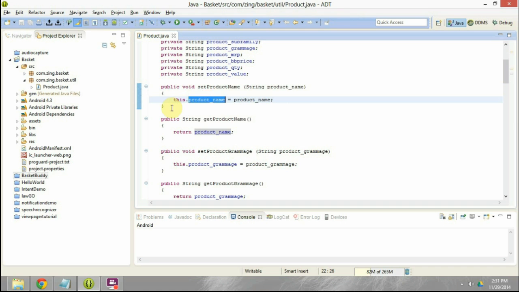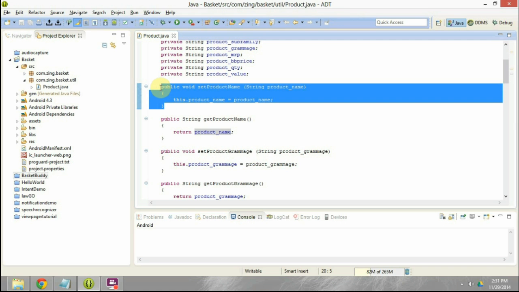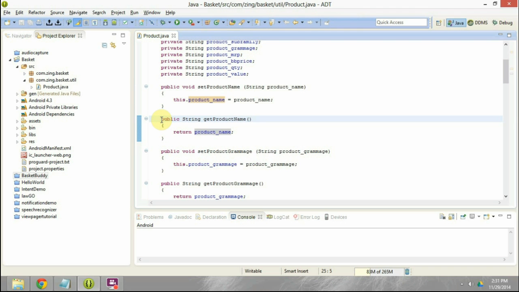In this way we can save the product name in the object instance that we have created. Similarly, if you have to get the product name, if the object is called with a get product name method, then what will be returned is the product name which is saved in that object instance.